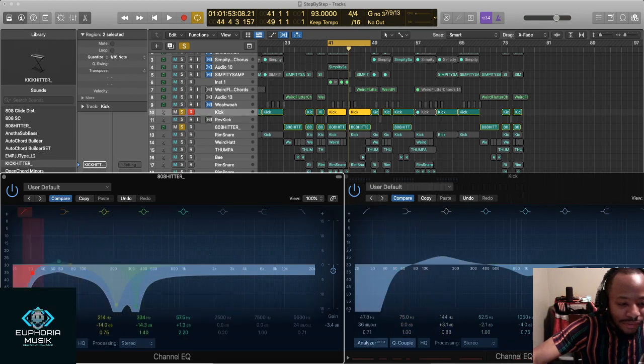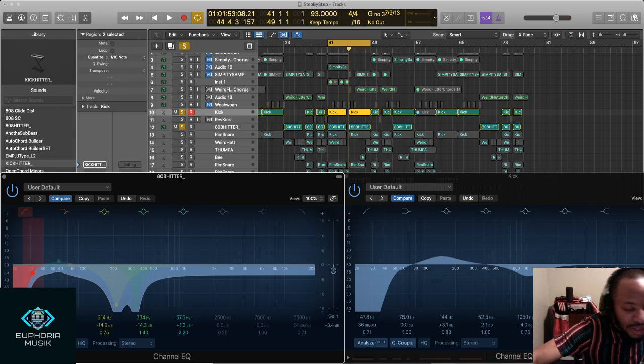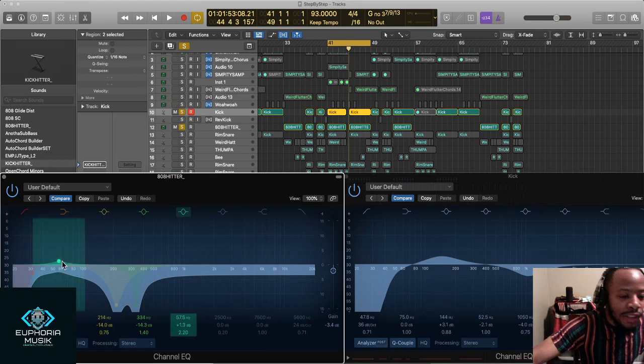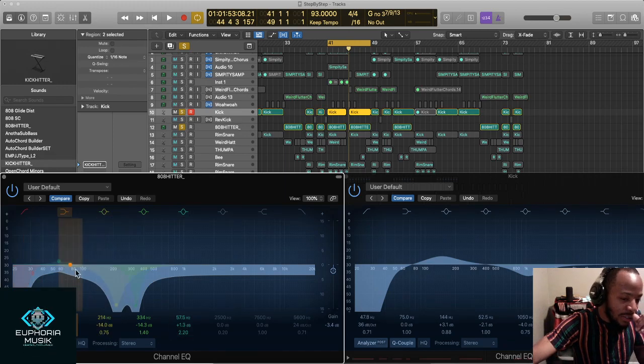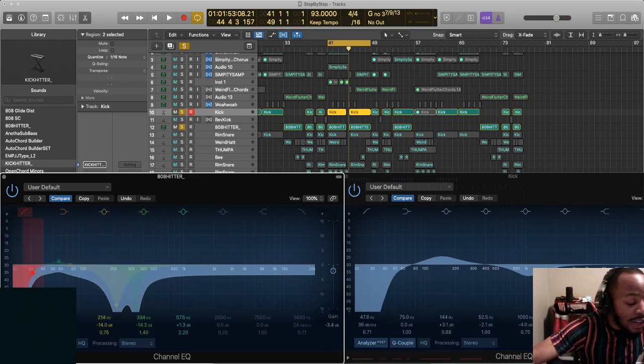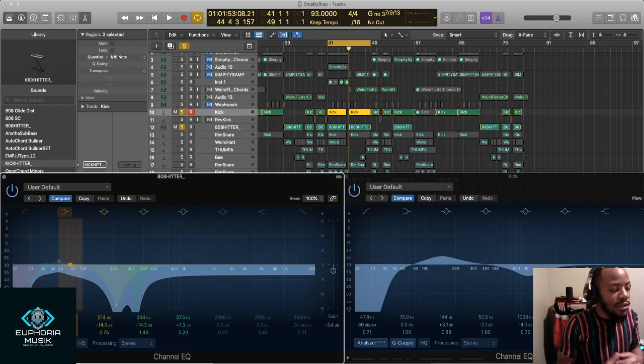So here, even though this is an 808 sub, speakers aren't really going to produce 31 and under, or you can at least help them out by rolling it off. Then you can either boost anywhere or just roll off that 30, 35 and under hertz, because it's not going to do anything but build up. And the more tracks that you have that are built up with those, no problem, bro.